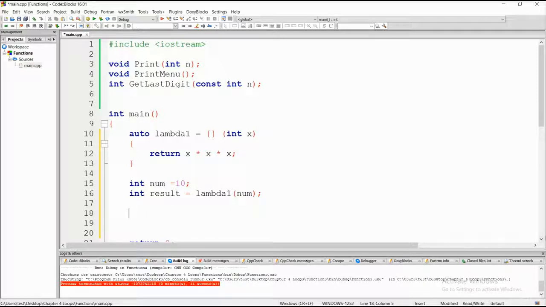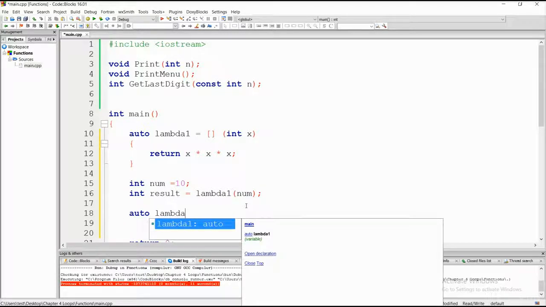Okay, so let's go ahead and specify the return type. It's not necessary here, but let's just do it for the sake of the demonstration. And you will see how this one will differ from the one where we actually specify the return type. So auto lambda 2